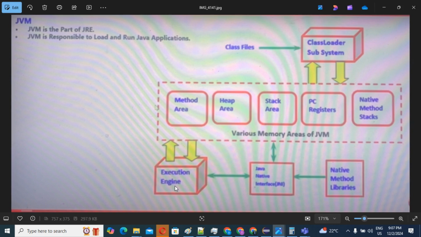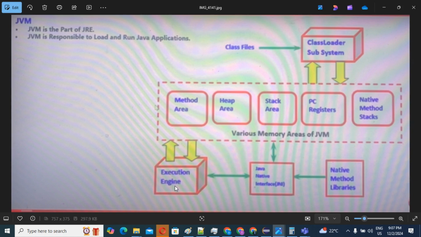When the JVM requires a native method, with the help of the native method library, the Java Native Interface, JNI, provides that method to the execution engine.